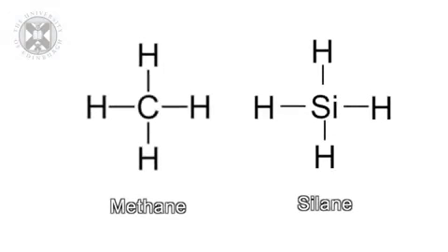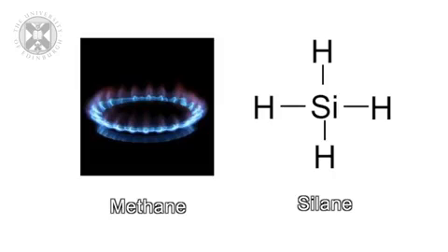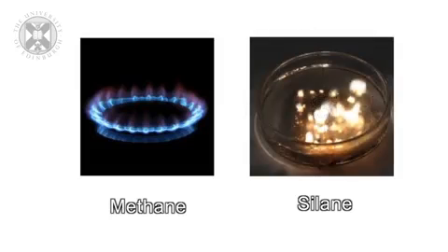Another problem with some silicon compounds is they're very reactive. For example, here are two simple molecules, one of which is the carbon-based molecule methane, and we know that we can ignite methane, we use it in our gas ovens. And on the right is the corresponding silicon compound silane, which spontaneously ignites at room temperature. It's a very reactive compound. And that doesn't mean to say that life could not use these compounds on a planet where temperatures were much cooler. Chemical reactions might occur much more slowly and deal with some of the problems with these highly reactive silicon compounds. But nevertheless, this might be one disadvantage of some silicon compounds on a planet like Earth.